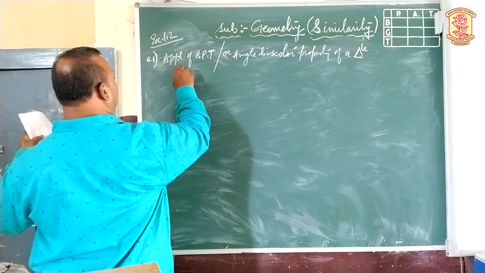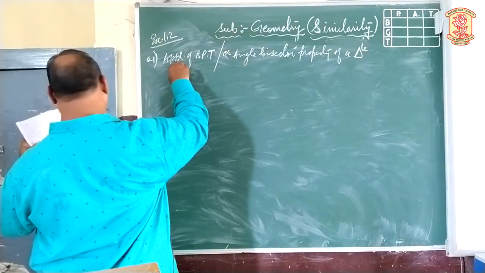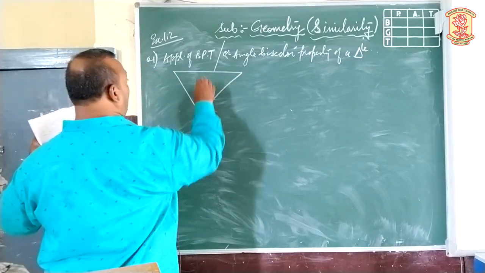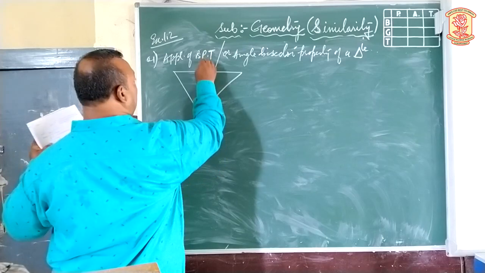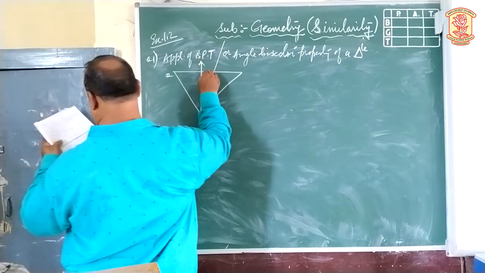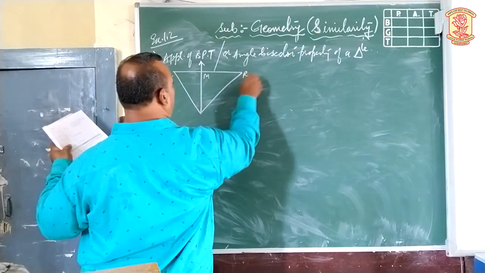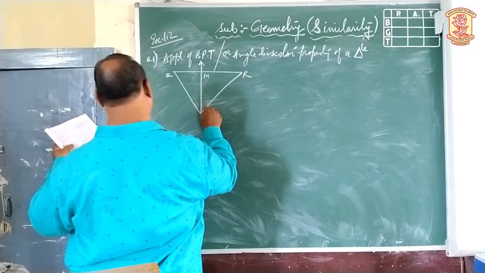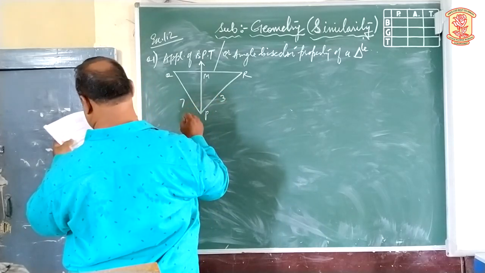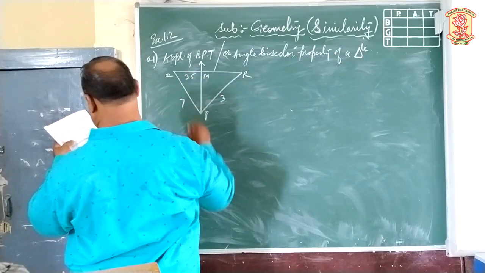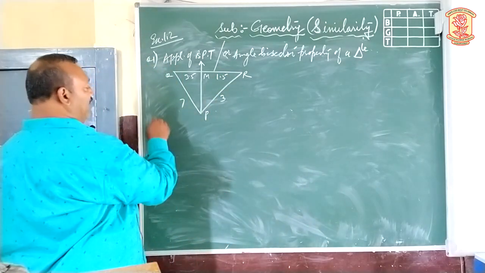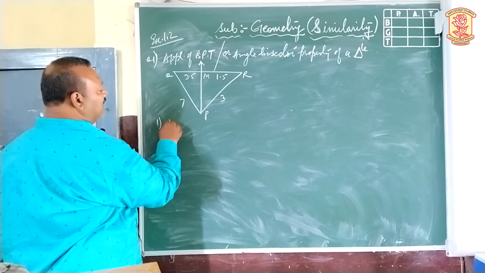Now see all these 3 triangles, we will see what results we can say regarding them. All 3 triangles are given, and in each triangle the angle bisector is shown. Q, M, R. This point is P. Values are given: 3, 7, 3.5, and here 1.5. Now directly see how to proceed for this example.